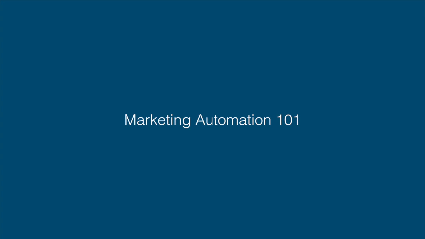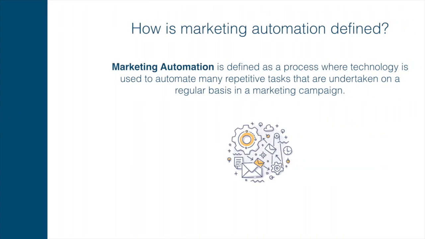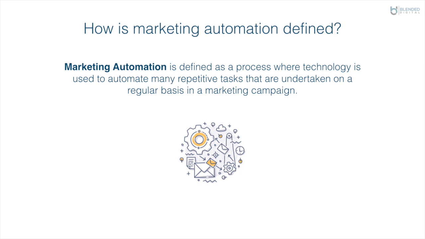So, Marketing Automation 101. How is marketing automation defined? Marketing automation is defined as a process whereby technology is used to automate many repetitive tasks that are undertaken on a regular basis in a marketing campaign. So essentially, it's removing a lot of the middle ground, a lot of middleman work, getting things up and running